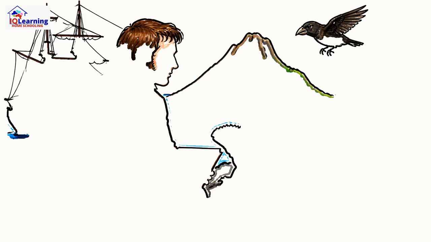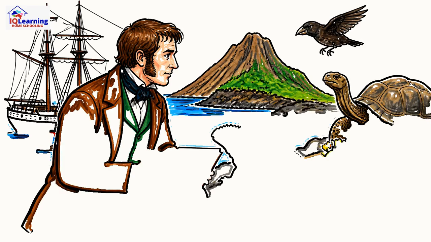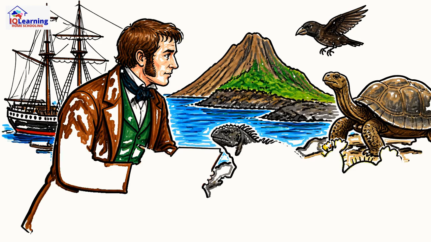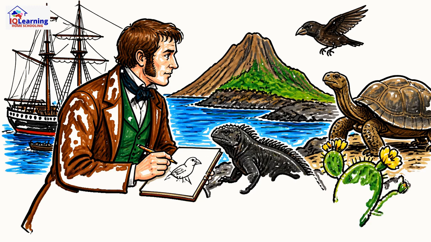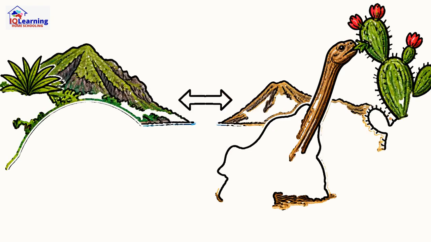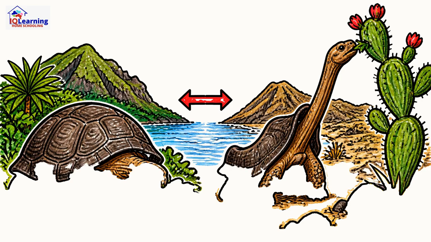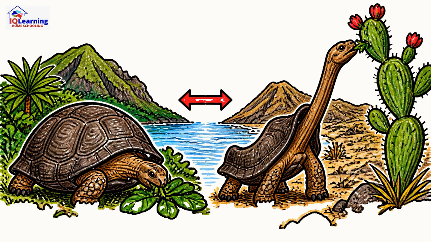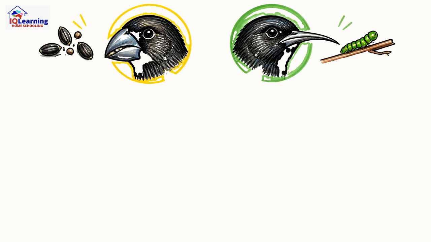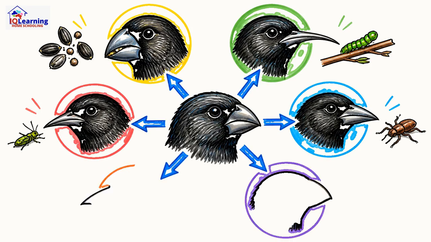The key evidence came from his 5-year voyage on the HMS Beagle. As the ship's naturalist, Darwin saw things that defied the fixed species model. In the Galapagos Islands, he found nature's laboratory. On one island, tortoises had dome-shaped shells to eat low-lying plants. On a drier island nearby, their shells were saddle-shaped, allowing them to stretch their long necks to reach cacti. He collected finches, whose beaks were perfectly shaped for either cracking tough seeds or probing for insects, all subtly different